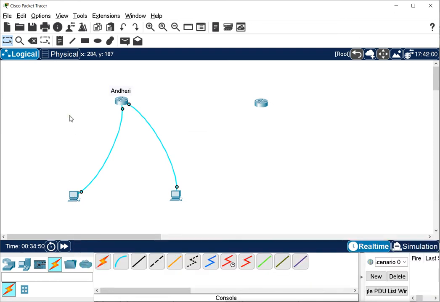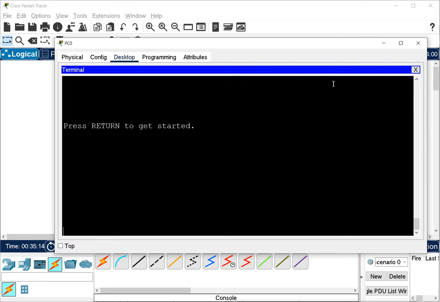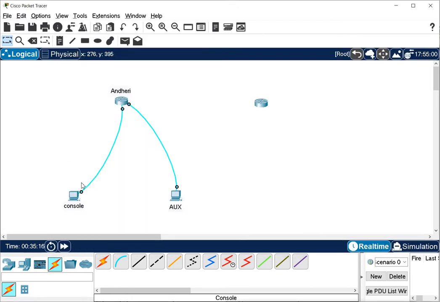Now to make sure I remember this, I will take this note here, that this one I connected through the console, and this one I connected through the auxiliary. And this is why these notes are there. So when you make a design, you can make notes here so that you can easily understand. So from the notes I know that this machine I connected through the console port, this machine I connected through the auxiliary port.